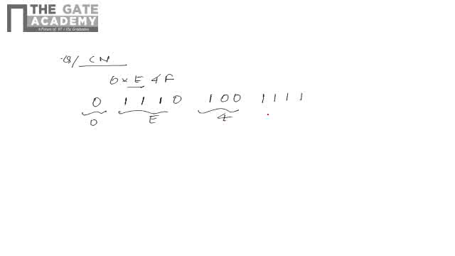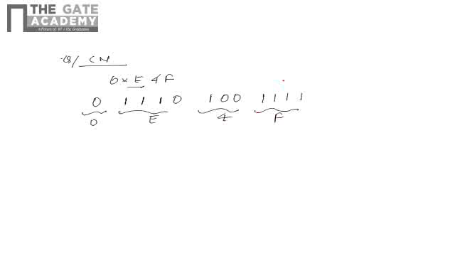Okay, so you know that the Hamming code will generally be based on the error bit, and whatever error bit you have, we perform the XOR operation between the values, right? Now, the given Hamming code is 0E4F, so convert it into binary form. It will be 0; E means 14, so it will be 8 plus 4 plus 2; 4 is 4 here, and F is 15, so all ones. So this is 0, this is E, this is 4, and this is F.